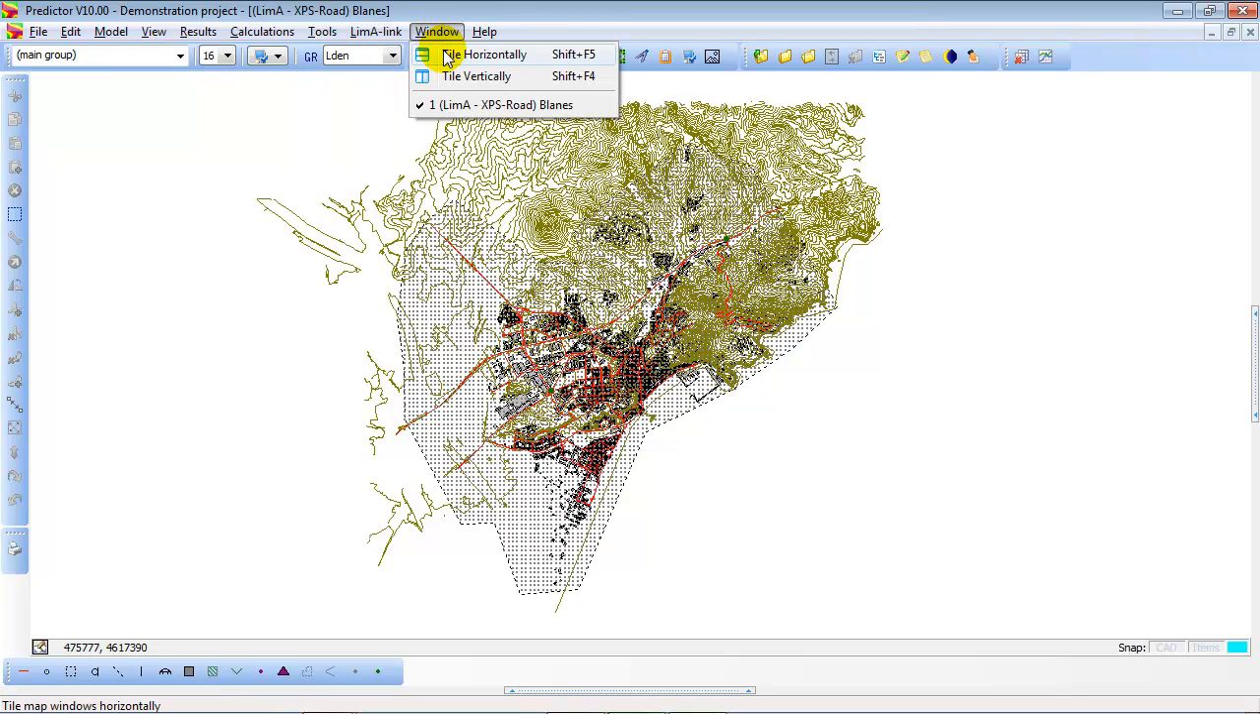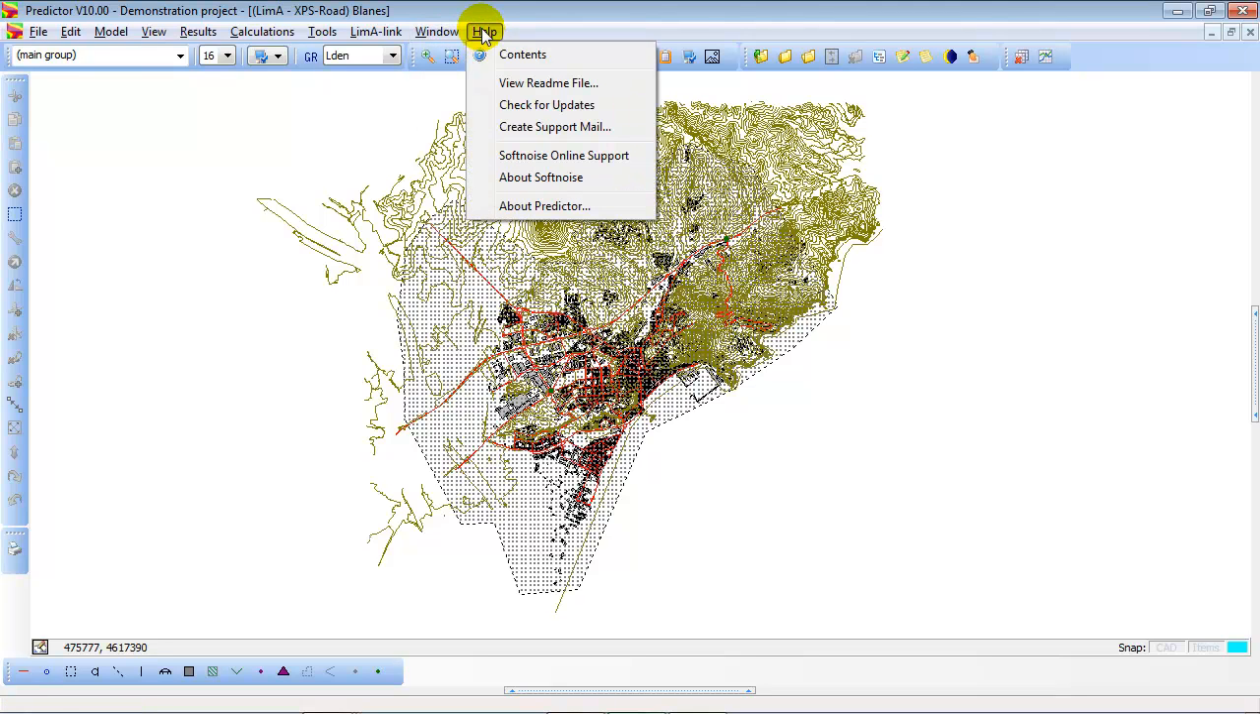Window, you can tile them horizontally, vertically. In this case I've got only one model open, but if you have multiple models open, this is the way to tile them vertically. The help, go to the help file, view the readme file, check for updates if there's